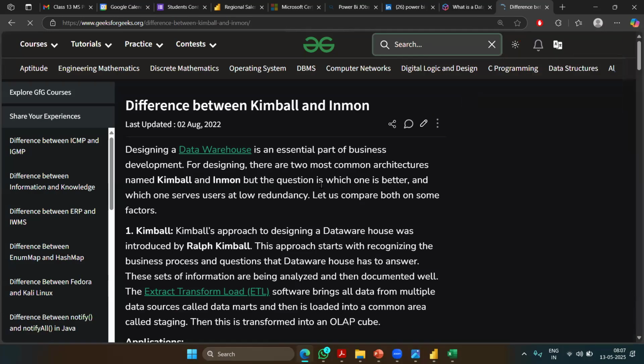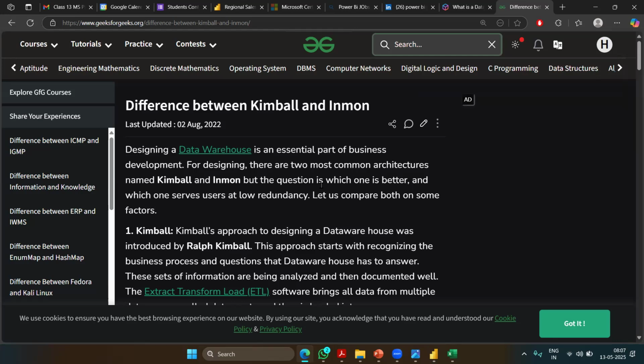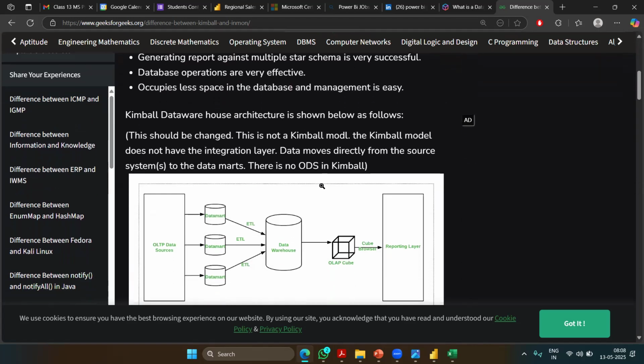Similarly, Kimball and Inmon did their analysis, introduced their own theories and gave their names. And these theories are from the 1990s, but we are still following them, like how we follow Newton's laws, right? So what Kimball has said is